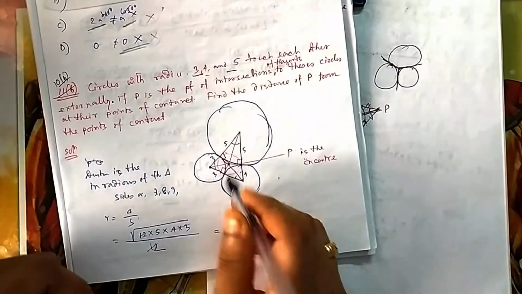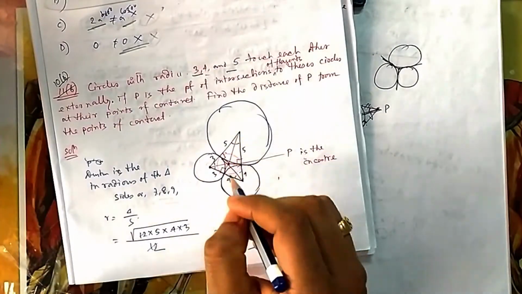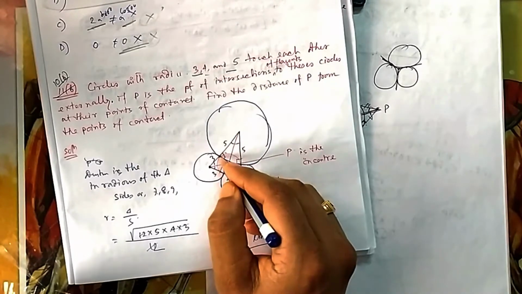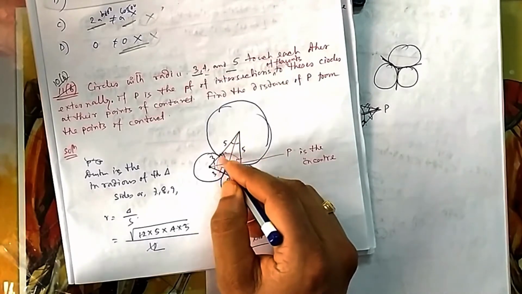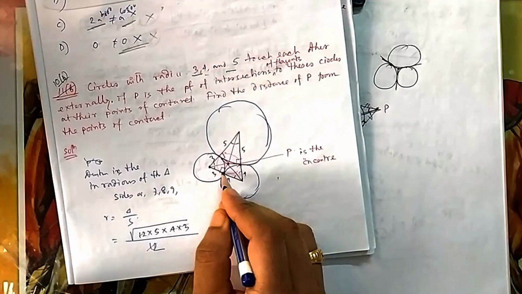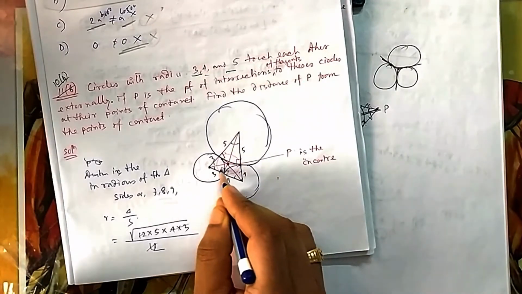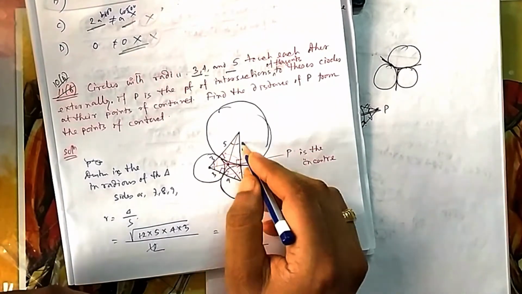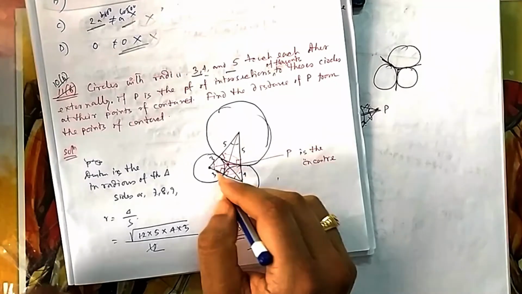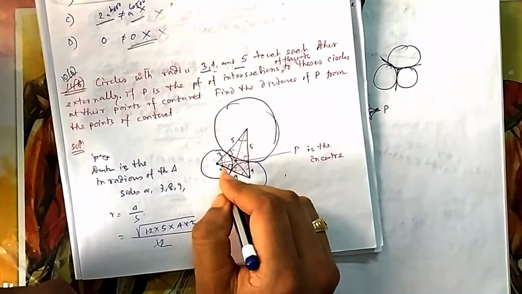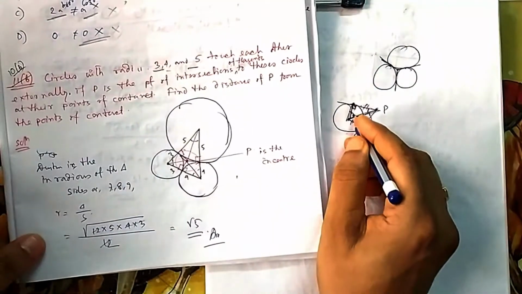Now if I join all the vertices, because it is touching here, this angle will be 90, this angle will be 90, so this line will be a straight line, this line will be a straight line, this line will be a straight line, because this is also 90, this is also 90, so it is a straight line. So this length is 8, this length is 9, and this length is 7, so it is a triangle, you can see now. Okay, now these angles are same, because I have proved here these and these are same.